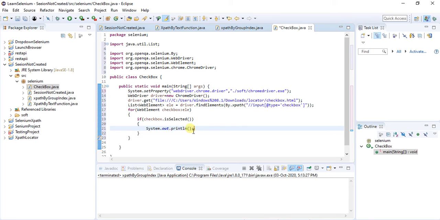Okay. So here I will write checkbox is already selected.